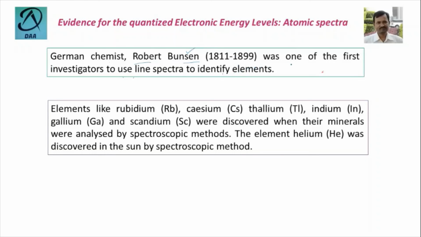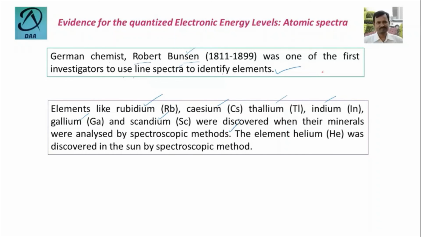He was one of the first investigators to use line spectra to identify elements. Elements like rubidium, cesium, thallium, indium, gallium, and scandium were discovered when their materials were analyzed by